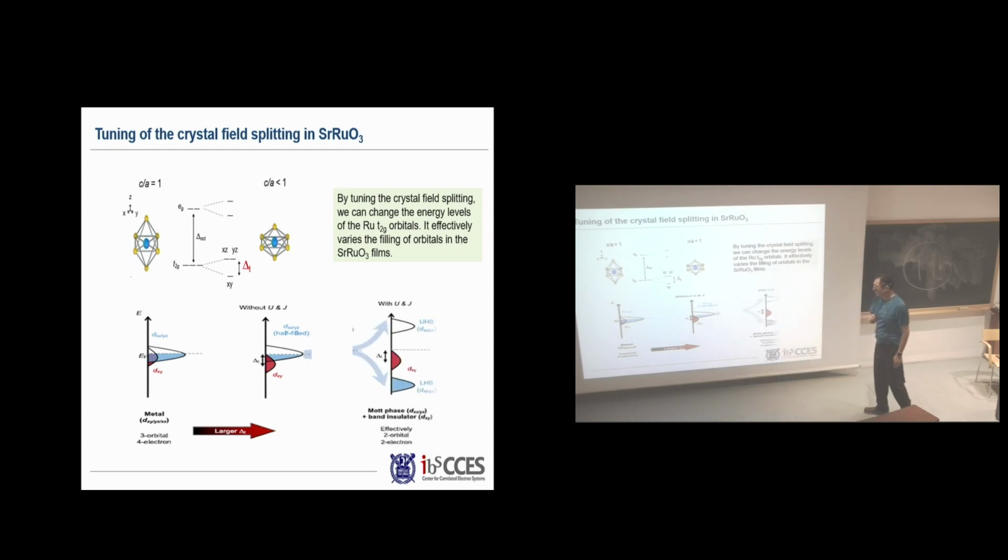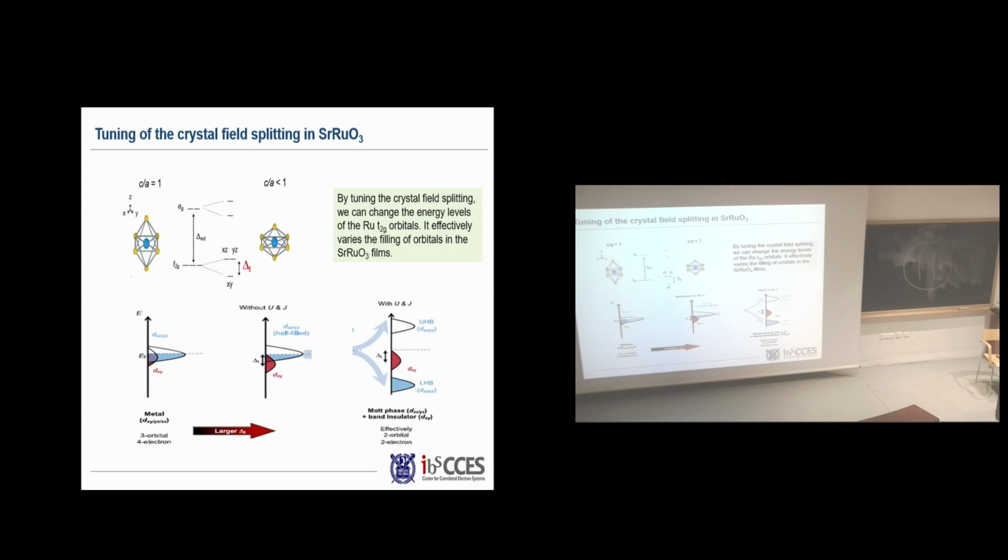Then what will happen is that since it's a half-filled system, you will have U start to play a very important role. So it's a Mott insulator. If you move from this direction to this direction, the band will start to move like this. Then at a certain point, you have a Mott transition. So can you observe that? And also, this is exactly one of the reasons that the electronic structure in the 214 calcium strontium ruthenate compound is changing.